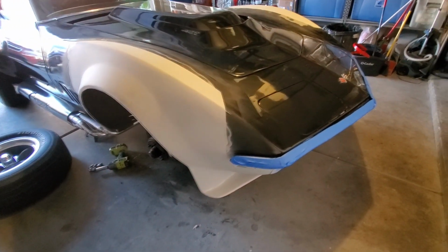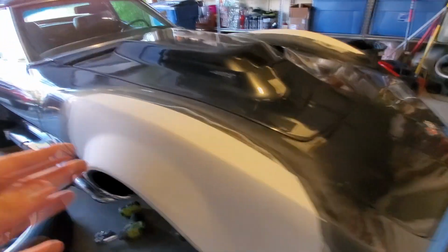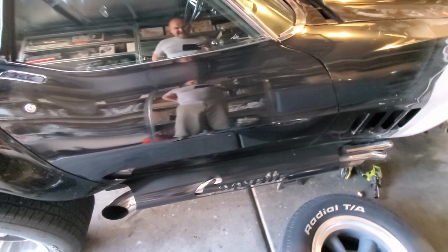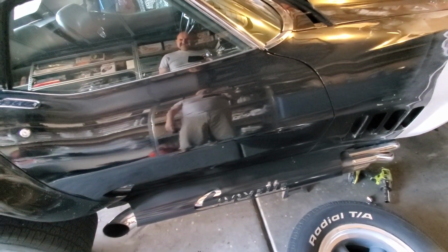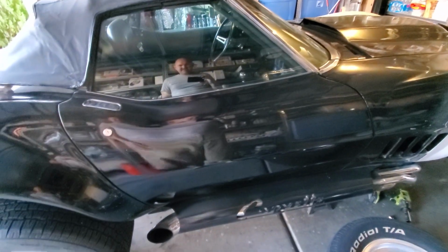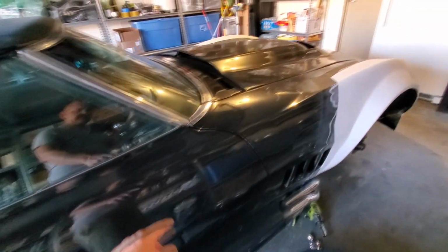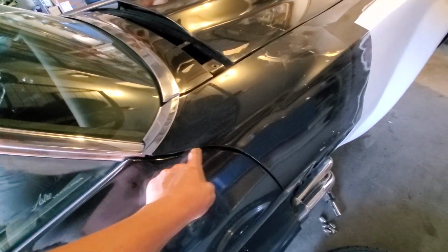So what I'll do is I'll start sanding down this whole front section, and of course I'll take my covers off and sand them down, and even work on them a little bit more, because, you know, they're a little wavy and stuff. Try and get it a little better, and just go all the way to the door, and then I can work my gaps right here. And then once I work my gaps,